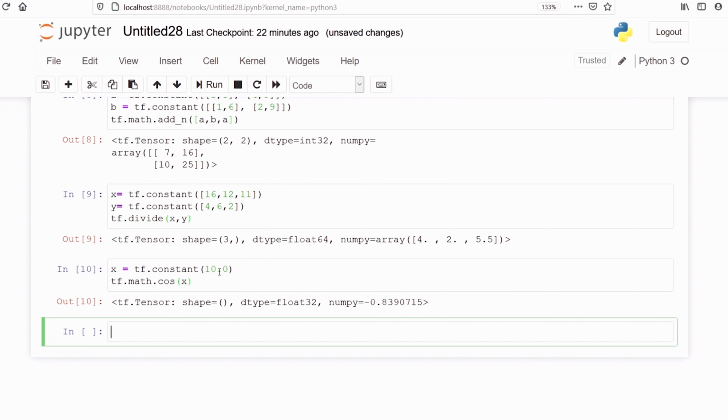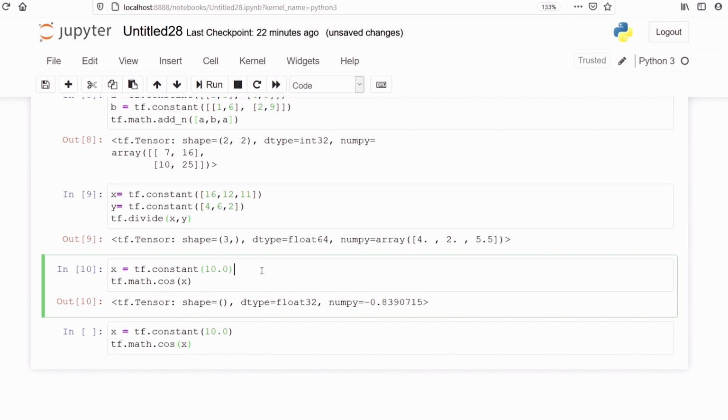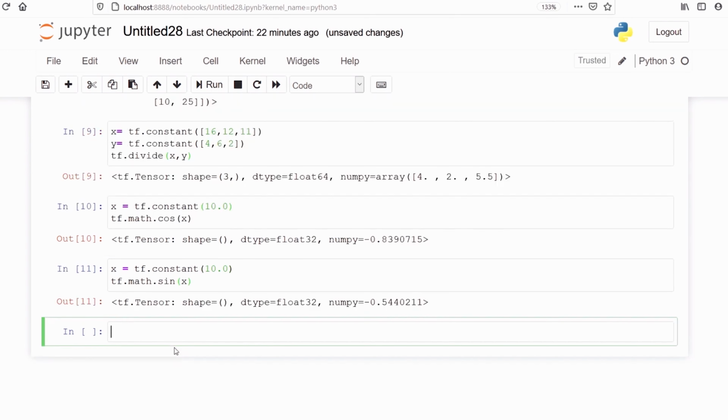The cos of 10.0 is minus 0.8390715. Similarly, we can find the value of sine. What we will do is we will just copy this, paste here, and instead of cos we will say sine. This is how we can calculate the sine value. The sine value is minus 0.544021.